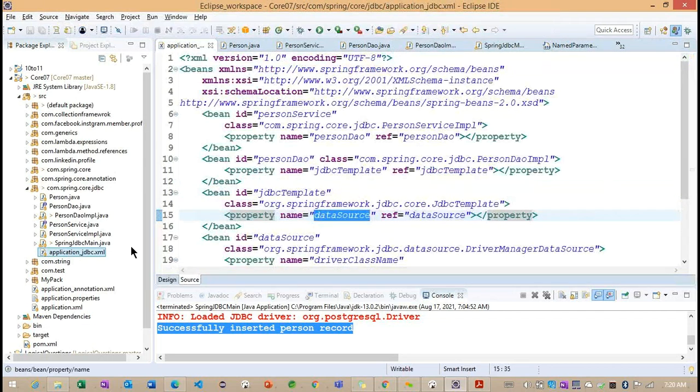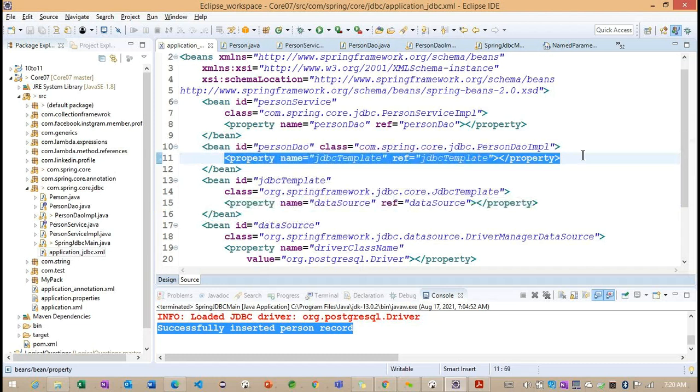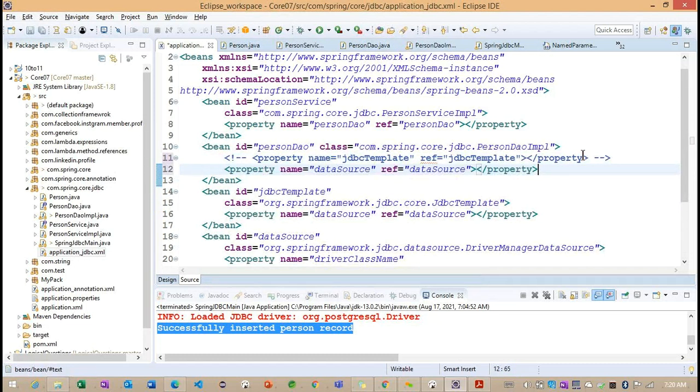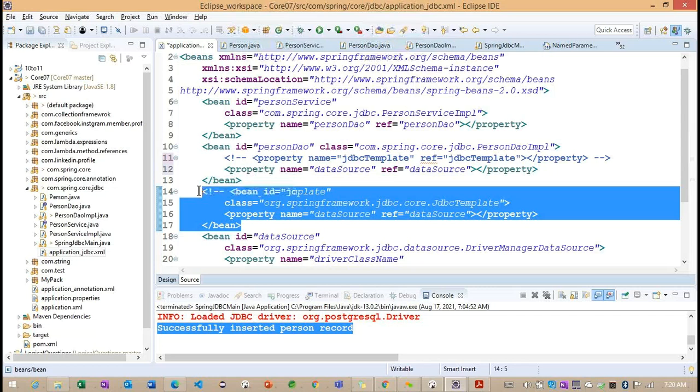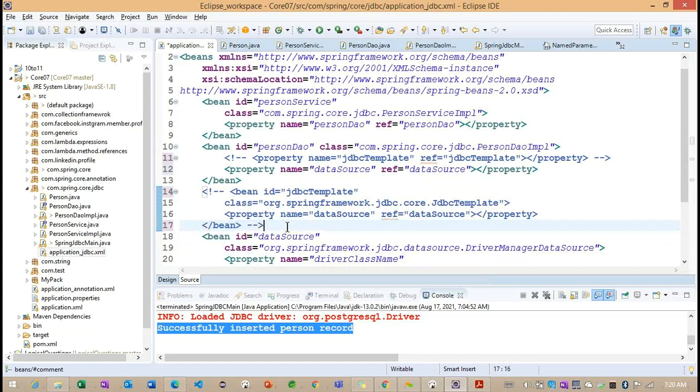Okay, observe back to here. Now what we can do, instead of calling this particular JDBC template from the implementation, directly we can call this particular property. Getting the point? So directly we can call the data source property here. Right, now I can comment out the code. Why am I trying to comment out the data source information here? Because, sorry, the JDBC template. So the JDBC template we are not working with now. We are trying to work on the example with the named parameter JDBC template here.